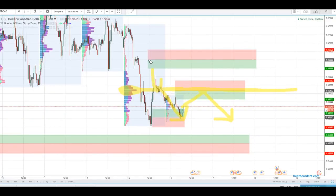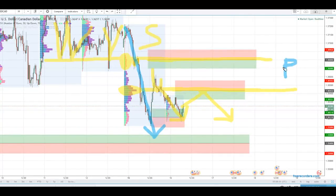Our second short level is at 36.80 right there, and the reason behind that level is this sideways price action in which this volume cluster was created. Now this volume cluster may not seem that significant, but you can also see that there was a strong support zone and that the price bounced 3 times from that level. So it was a strong support zone, and after that the price blew through that support zone, making it a strong resistance zone. So for those two reasons, I think that it's a very strong level,